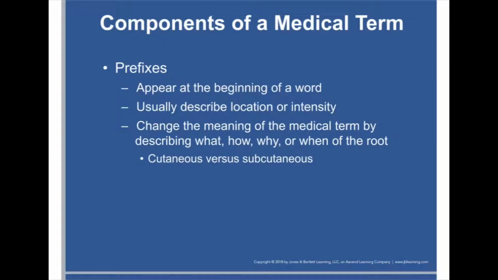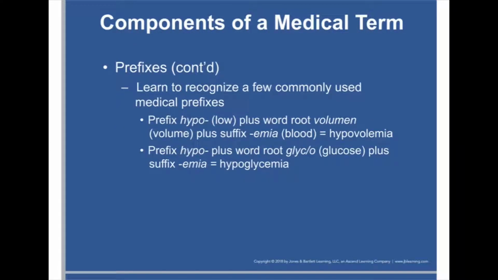In this case, we have the same root word, cutaneous, which actually can stand by itself and be a valid medical term, or we can be adding a prefix to it, subcutaneous, which modifies what we're talking about. So far in the course, you've actually been engaging with root words that have prefixes, and you may not have even noticed it. One example is hypovolemia. We have hypo, which means low, plus the root word volumen, which refers to volume, and then a suffix emia,